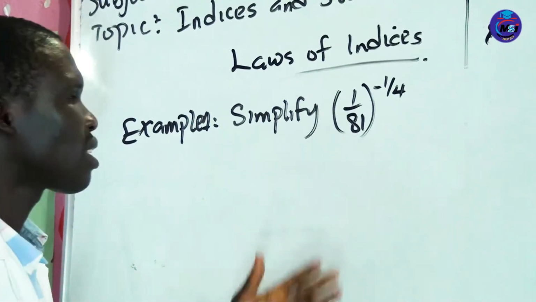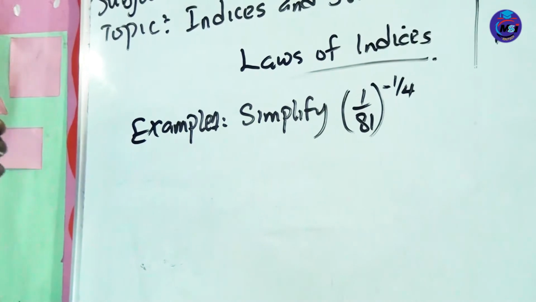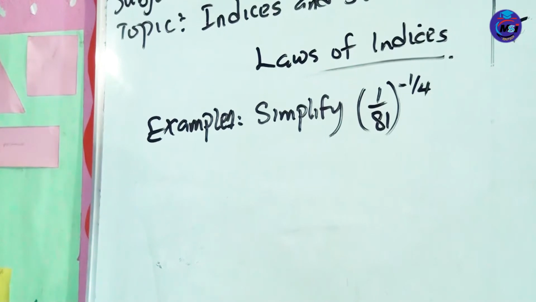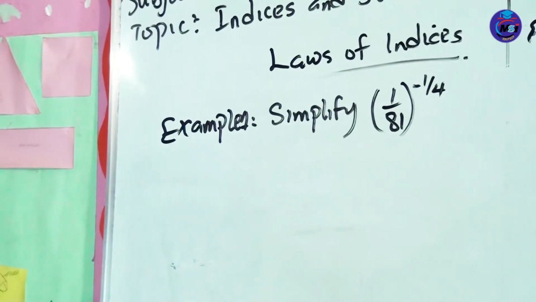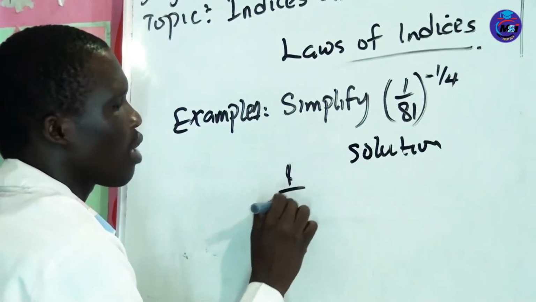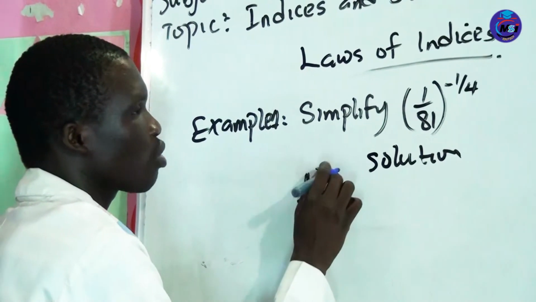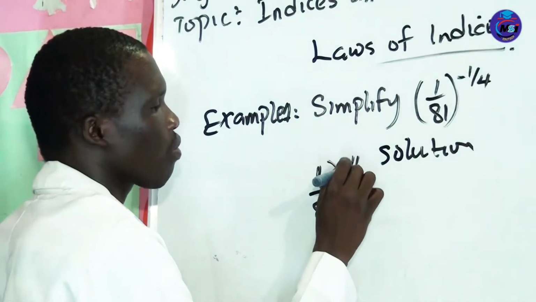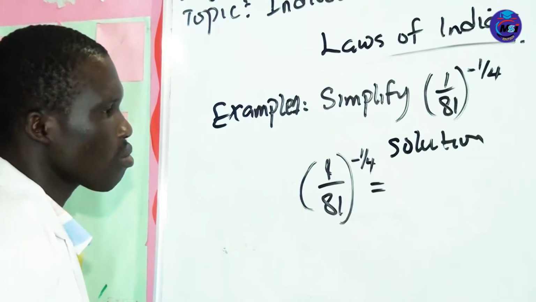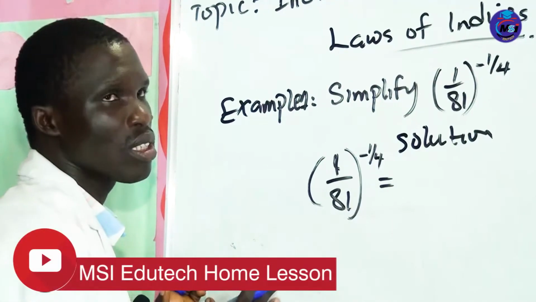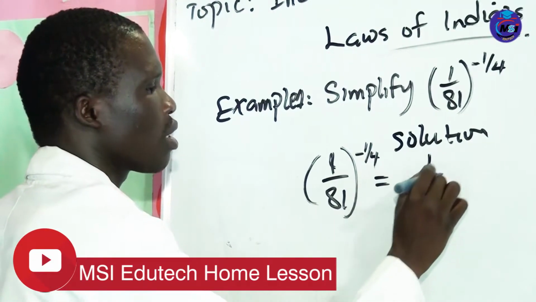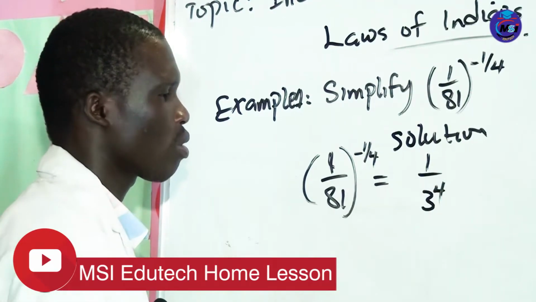Okay, let's look at this question. We have to simplify 1 all over 81, and you can see this. Let's solve this. 1 all over 81 raised to power minus 1 over 4. Now, looking at this, applying the last law, we are going to have 3 raised to power 4,